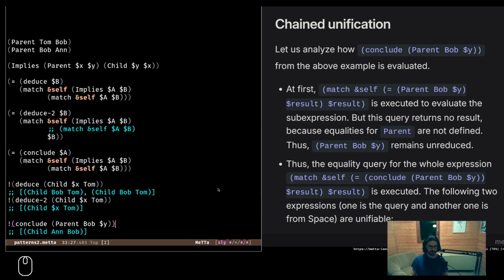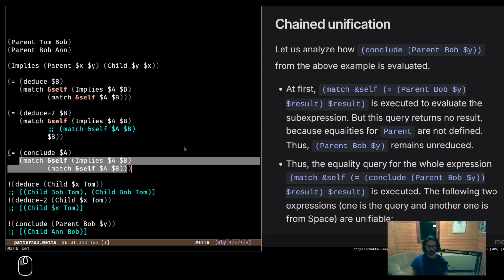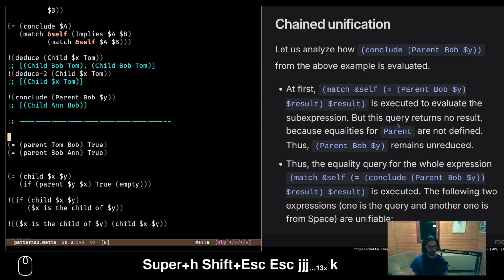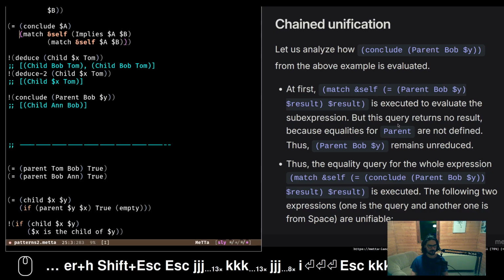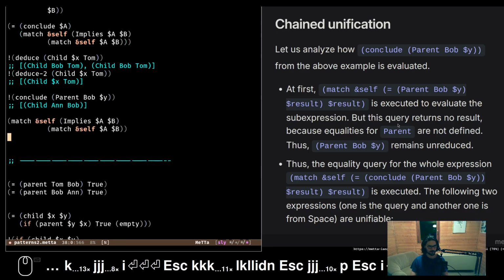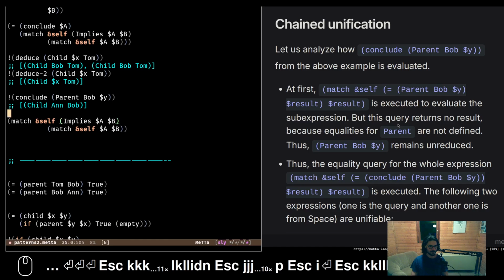Okay, so at first we go to here. We say that match self parent Bob result is executed. So basically I can play evaluator for a moment and put this in. So that's true. It says match, and then